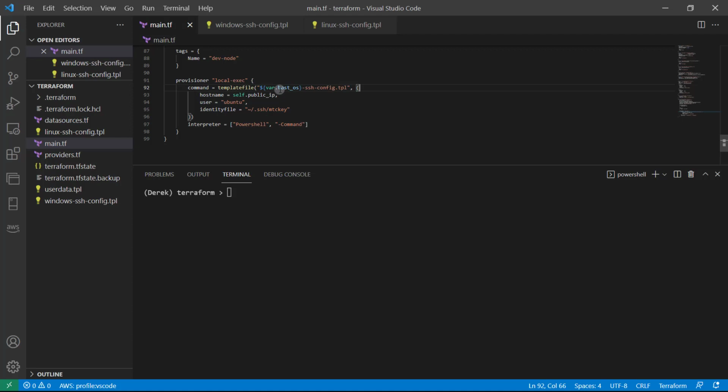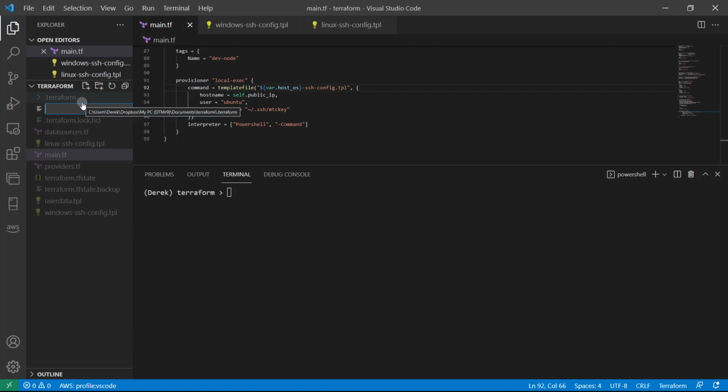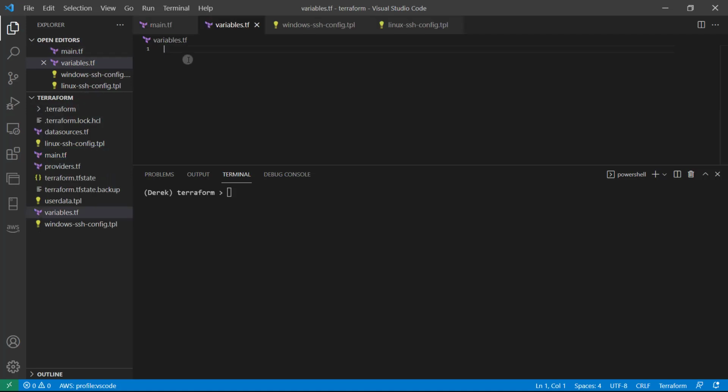that, hey, we've got a variable that we're going to need to define. And to do that, we could either do it here inline in the main.tf, or what I prefer to do, and most everyone, is to create a new file for it. So I'm going to create a variables.tf file. Once again, it's analyzed just like any other TF file. It's all run at the same time, but this will just make sure that it's easier to find our variables